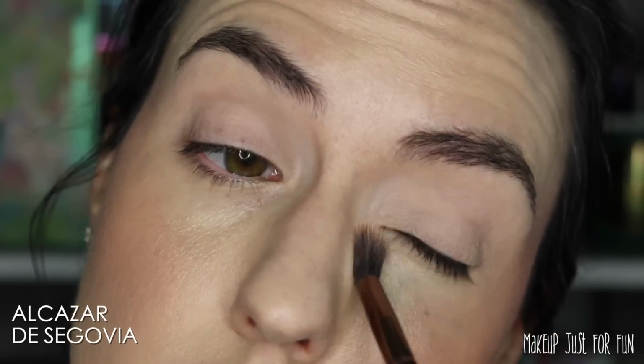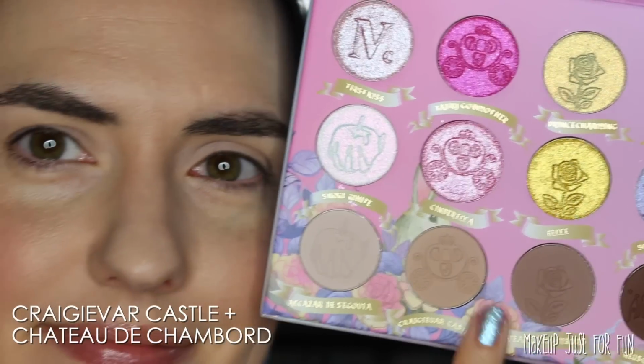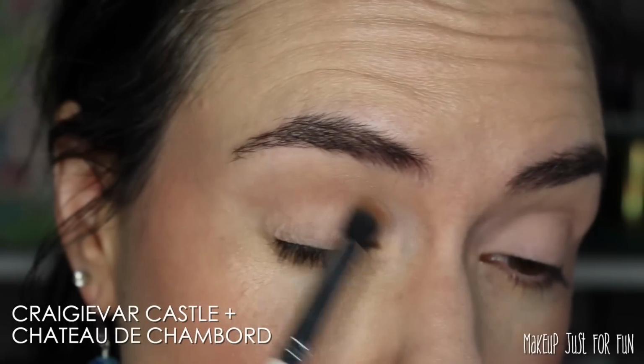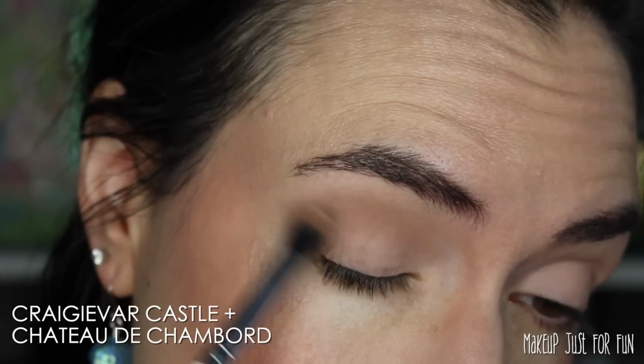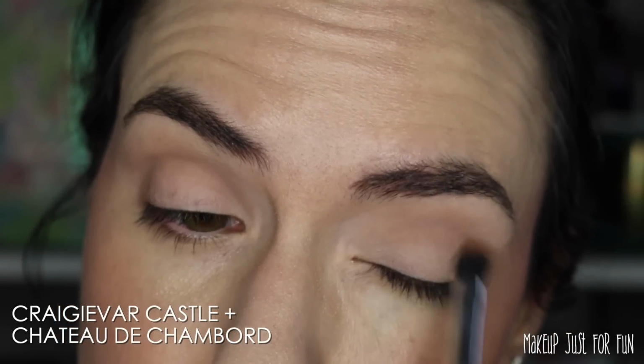Personally, I don't love this layout in practice, but I love it in theory. I love it for somebody else. Let me put it that way. The layout and the shades inside make sense with the theme overall. I realize that this is not a Disney collab. It's not a Disney palette,